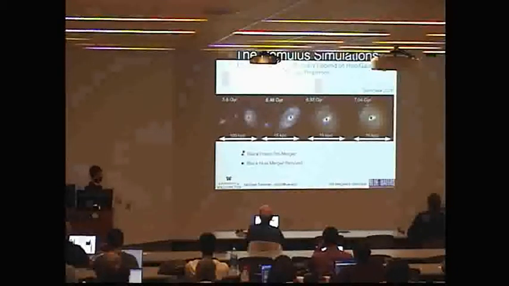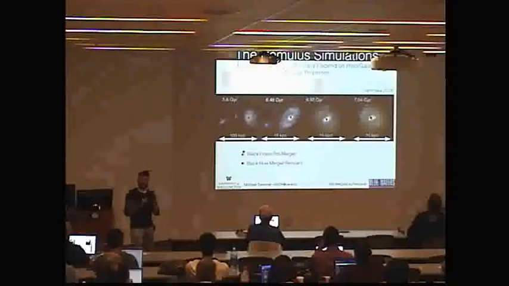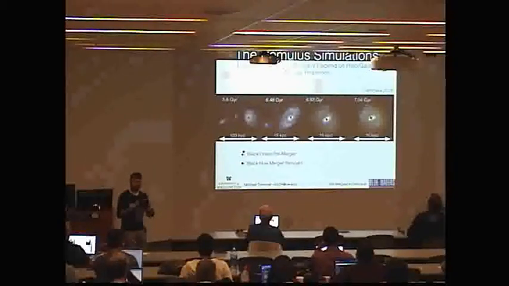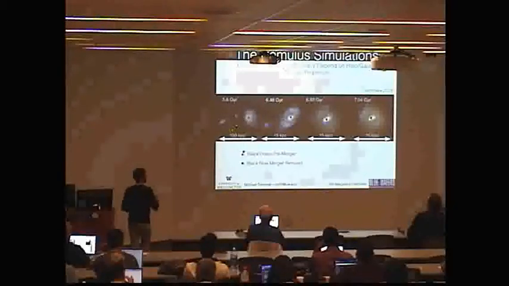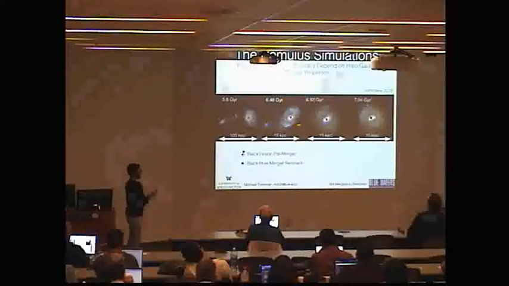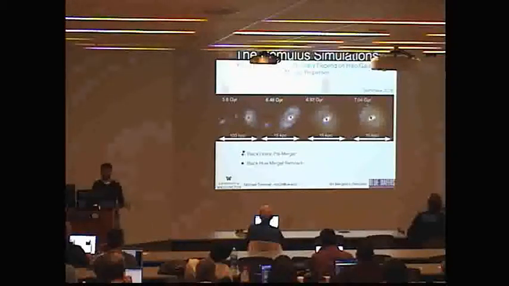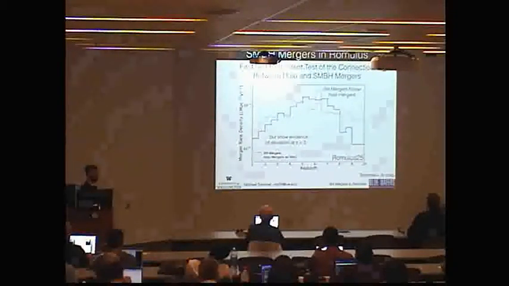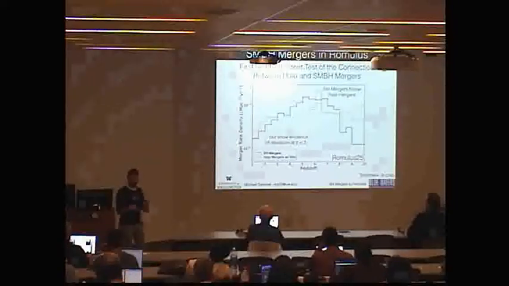And so what's going on here is that because we can follow the dynamics of black holes down to sub-kiloparsec separations, because of the high resolution of these simulations, which I should explicitly say is about 250 parsecs, for all these merger events we can actually confidently say where the black holes are and when they actually merge into a single black hole. And so now we can, for the first time, in a self-consistent way, study the connection between halo mergers, galaxy mergers, and supermassive black hole mergers.